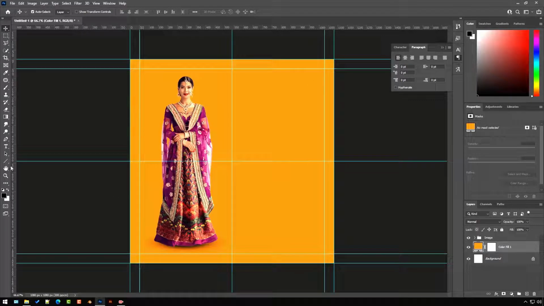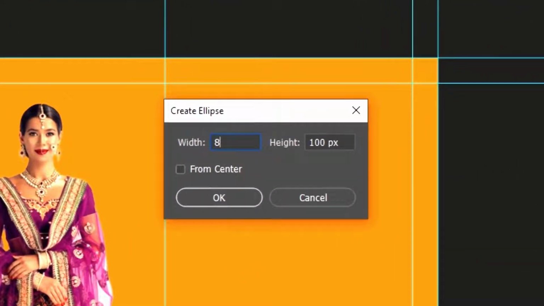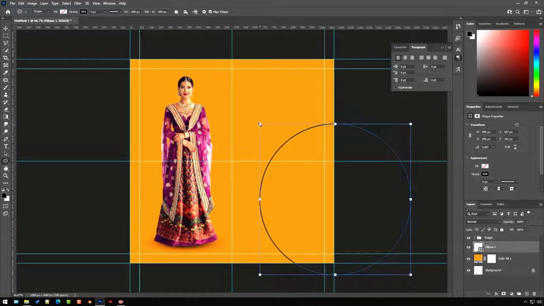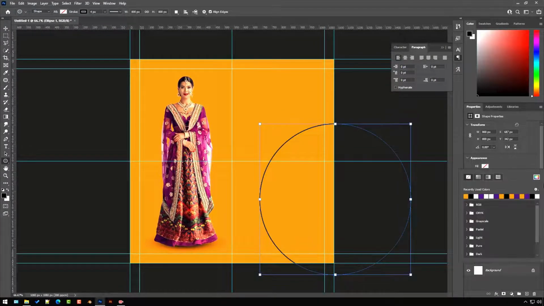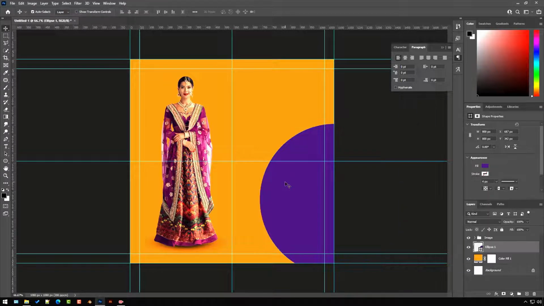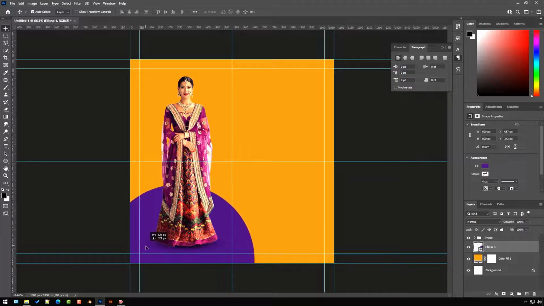Now we will add a circle in the background. For this, I will select the ellipse tool and click anywhere inside the canvas. In the Create Ellipse dialog box, we will fill the dimensions 800 by 800. Hit enter. Position the circle behind the image.